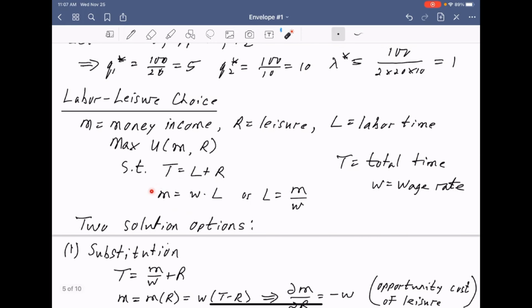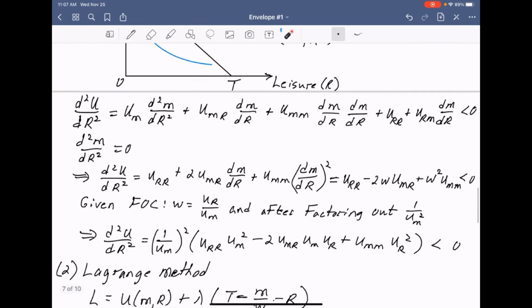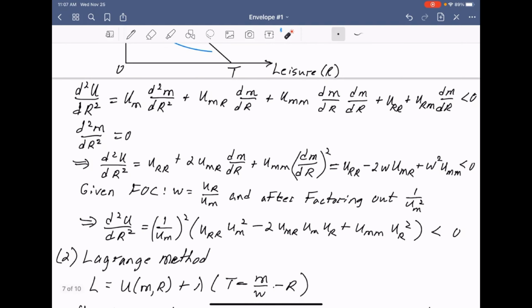All right, so the second derivative of M with respect to R is 0. So then we get this result here, that the second derivative of U with respect to R is given by this more complicated expression,